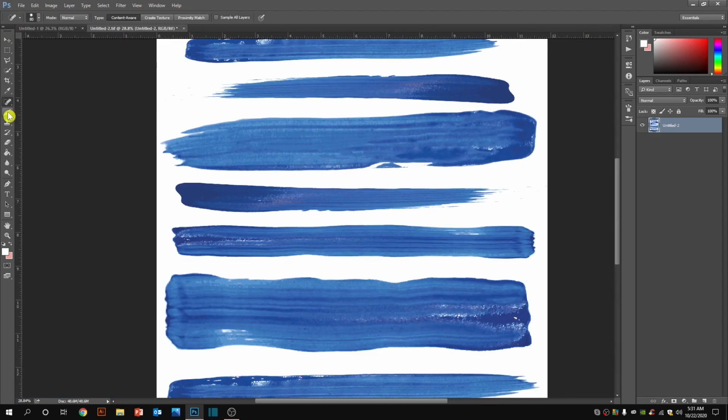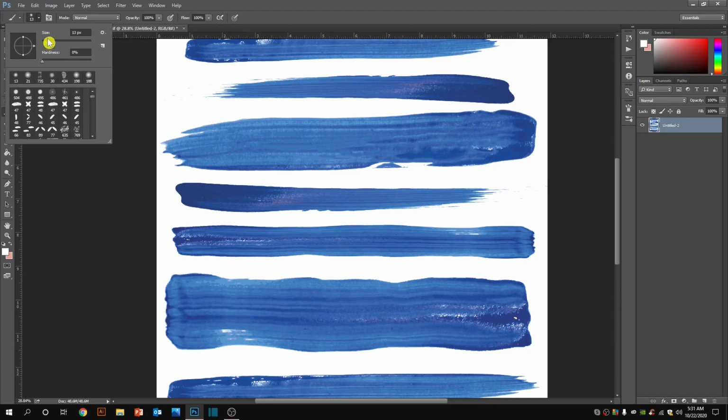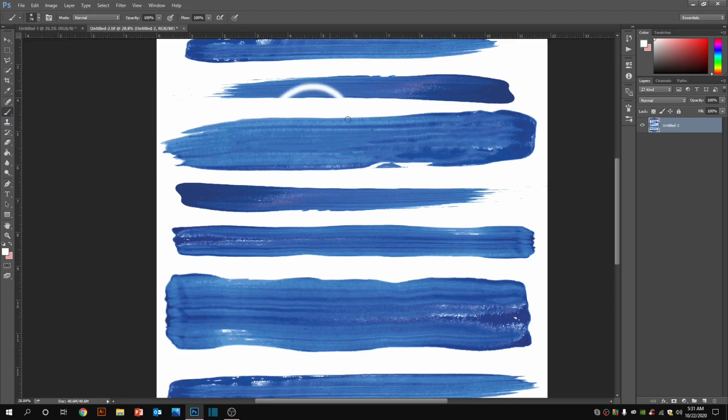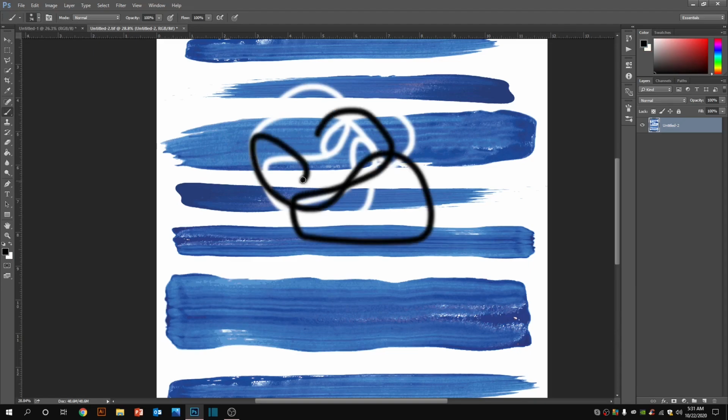Now the brush tool, B for brush, simply. It is the brush tool. Let's increase the size of the brush. Yes. See? If you press D, you will get directly black and white, the default values of Photoshop. D for default colors, right? Then clone stamp, S. This is the clone stamp, like how to use clone.